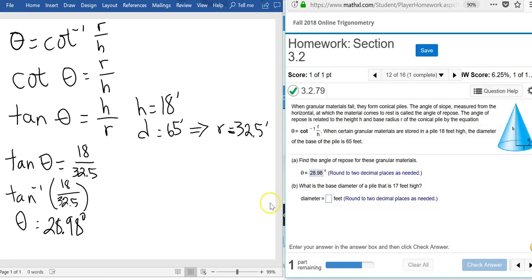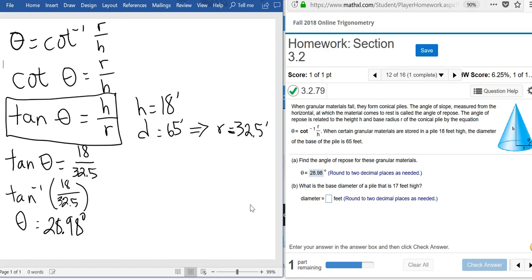Okay, so the second part wants to know, well, now that I know the angle of repose, I can start to change the diameter of my pile. I can also change the height, so maybe if they have a space limitation. So for this one, I'm going to use this formula because I don't have inverse cotangent on my calculator. So if I know now that theta is 28.98,